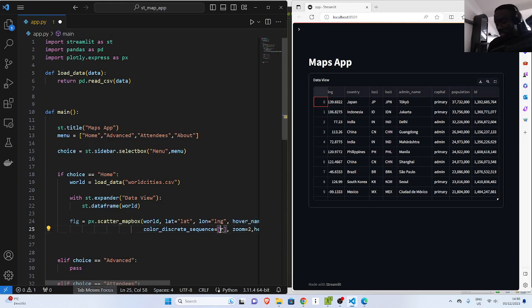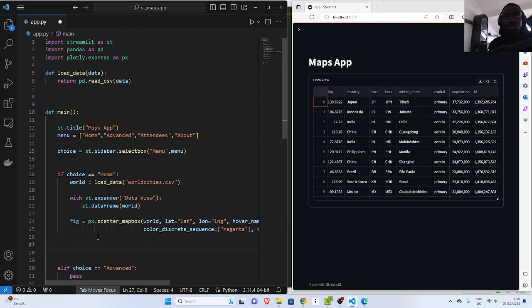So let's give it a simple color here of, let's say, blue, or we can call it magenta, right? And then that is all. So that is how to do the plot. Then from there, after the plot, you just come down here, and then we just use Streamlit to plot it,